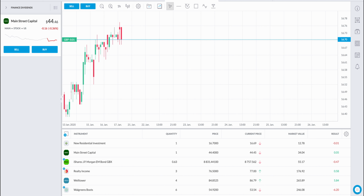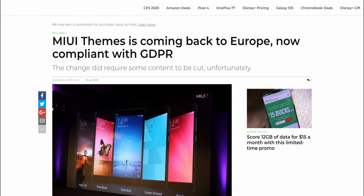How's it going, everyone? Now, Trading212 released several new dividend-based stocks back in mid-January, and I'm going to be going through all these different stocks that were added and taking a look at each stock individually. Now, I'm also going to be talking about an article relating to GDPR, so I'll get into more details on that later on. So if any of you are interested in more tech-based information, stick around to the later half